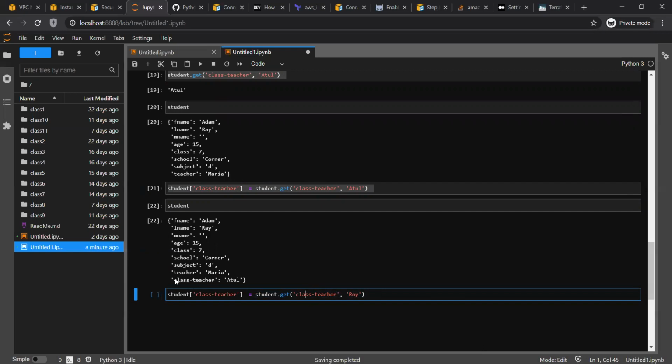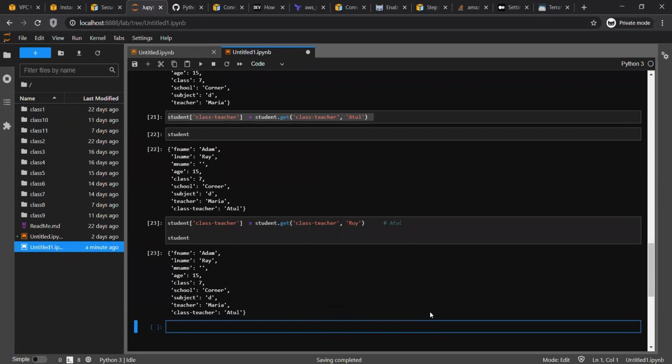It will search for class teacher and find Atul is there, so it will not go to Roy. This expression will translate to Atul, and this Atul will be assigned to class teacher. If I quickly run this again, there is no change.